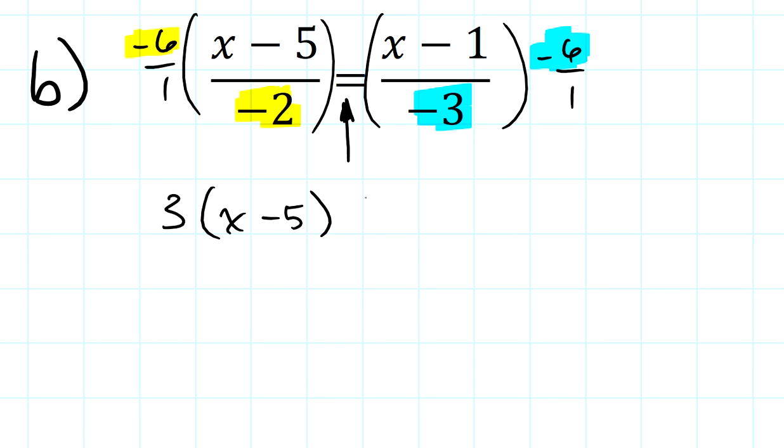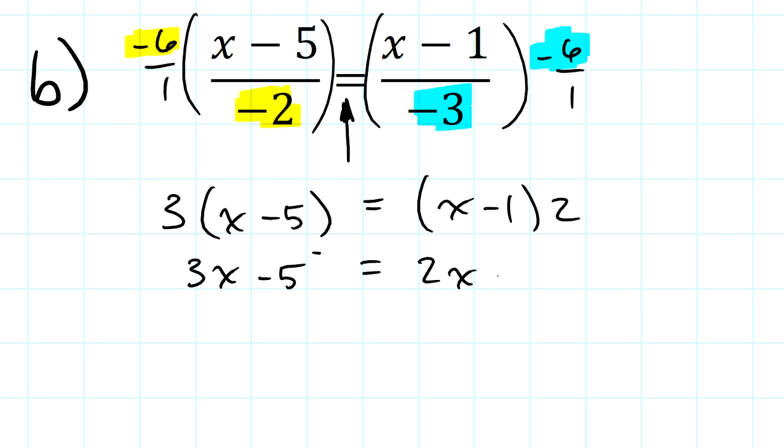So on the other side, this is equal to x minus 1 times a positive 2. I distribute the 3 in the one case and the 2 in the other. When I do that, I end up with 3x minus 5, and that equals 2x minus 2. If I subtract 2x from both sides, I get x minus 5 equals negative 2. And then I can add,